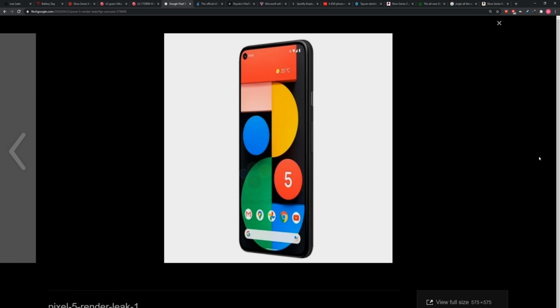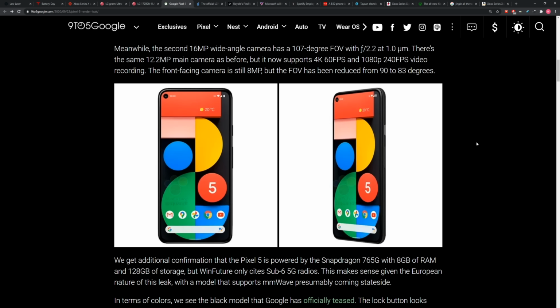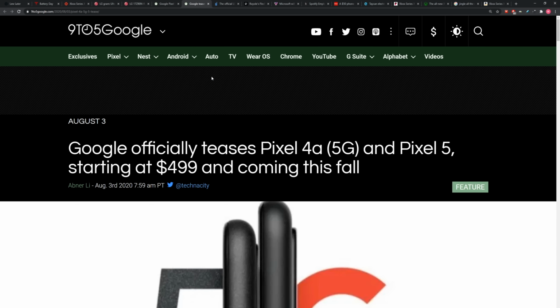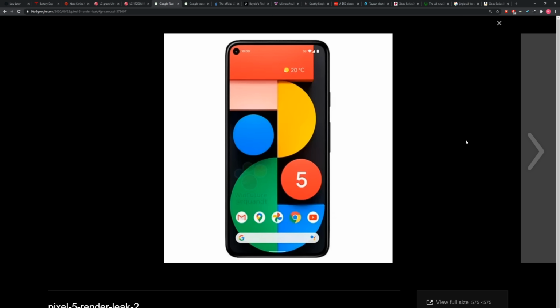6-inch 90 hertz display, 432 ppi, 19.5 by 9 aspect ratio, protected by Gorilla Glass 6, which is a one generation upgrade from the Pixel 4. You have a maybe more narrow than expected bottom bezel on the Pixel 5. The housing is going to be made of 100% recycled aluminum with IP68 water dust resistance. I thought at one point some were speculating it might be made out of plastic, so that's an interesting development,